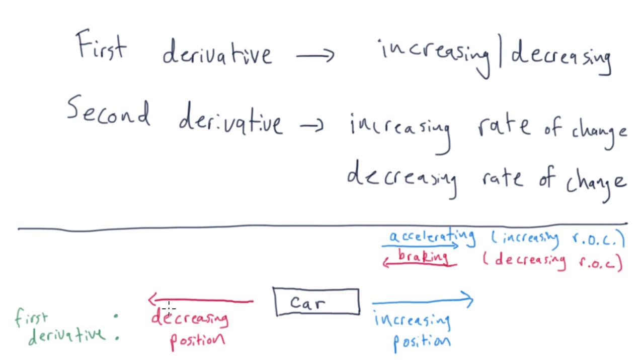But I can also be moving backwards. And the interesting thing about moving backwards is that I'm decreasing my position. How do I increase my rate of change? Well, I actually increase my rate of change by braking. So if I'm moving backwards and I'm braking, I am increasing my rate of change. But if I'm moving backwards, in reverse, and I put the car in drive and press on the accelerator to move the car forward,